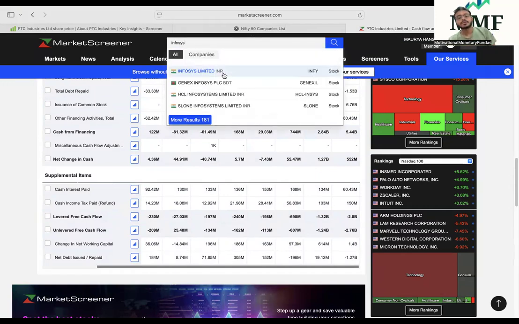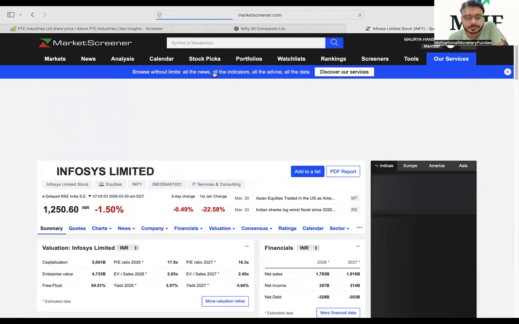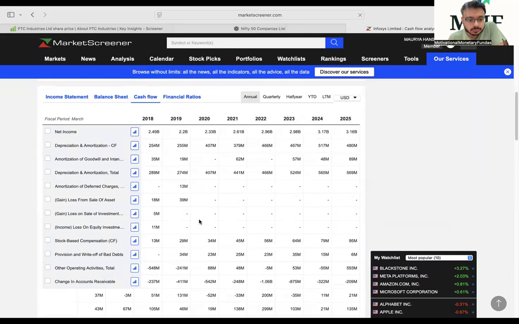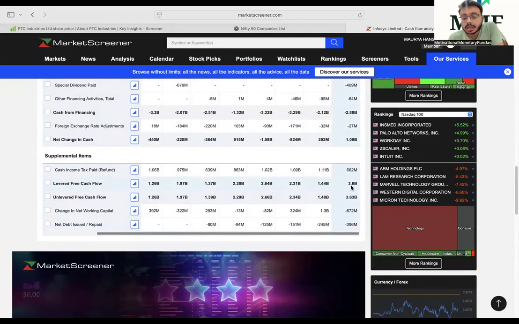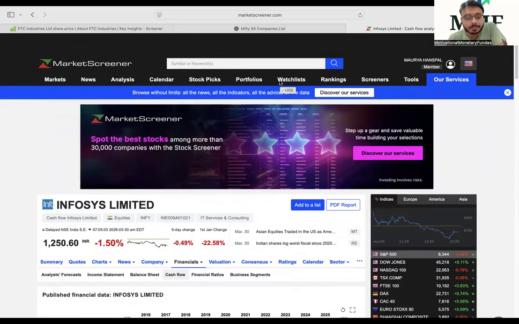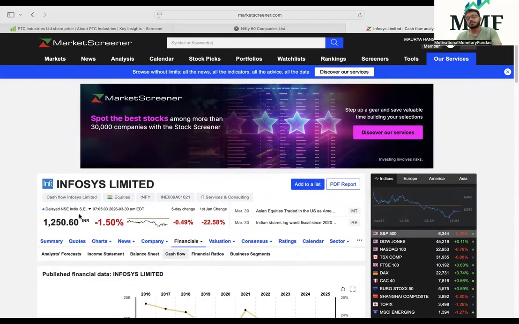You go to Infosys Limited. Again, no stock recommendation. Financials में went to cash flow. 3.6 बिलियन का इसके पास कैश फ्लो है। एंड कंपनी का प्राइस कितना चल रहा है? 1250, ठीक है। 3.6 बिलियन INR का कंपनी के पास कैश फ्लो है, राइट। खूब सारा कैश फ्लो है कंपनी के पास, करेक्ट।